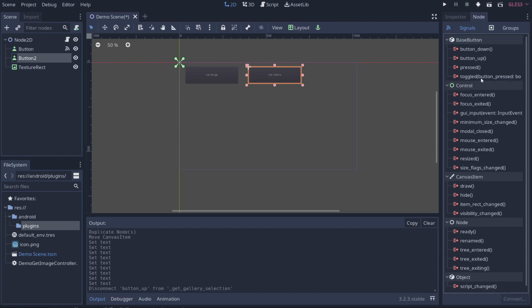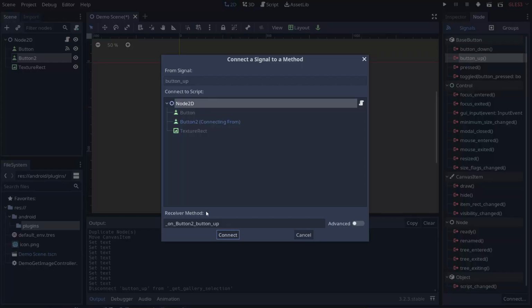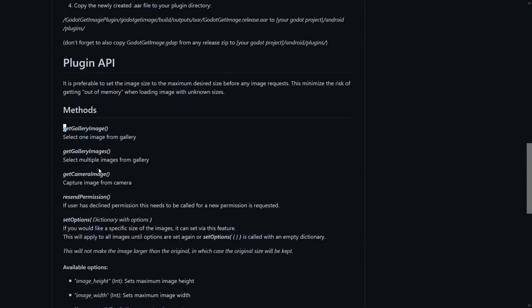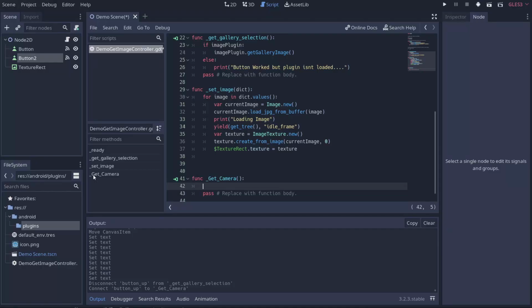So let's disconnect that and connect it and go underscore get camera. And we will connect it to our node 2D. So now if we go back to our get image plugin, it has a get gallery images and a get camera images. So I'm just going to Control C that. If we grab this and we go ahead and paste that in, so that way we just have it, and we'll just do